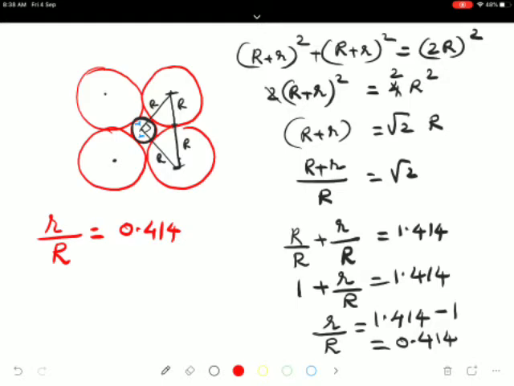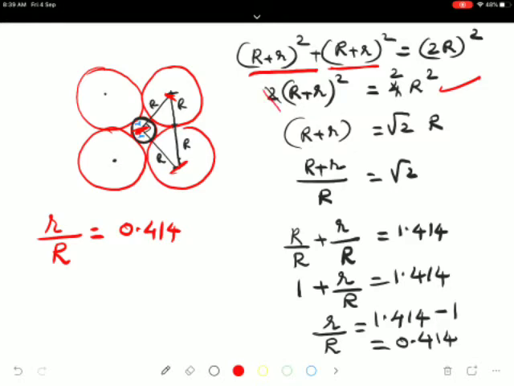This is the radius ratio of the small atom to that of capital R, the bigger atom. Once again, according to the Pythagoras triangle, (R plus r), from here to here, plus from here to here, that is equal to (2R) square. So you can add these two, that is twice (R plus r) square is equal to 4R square this time. You can cancel 2 from both the sides.